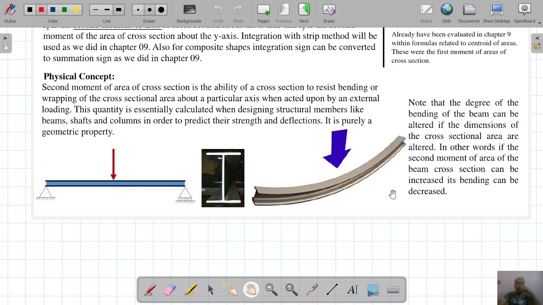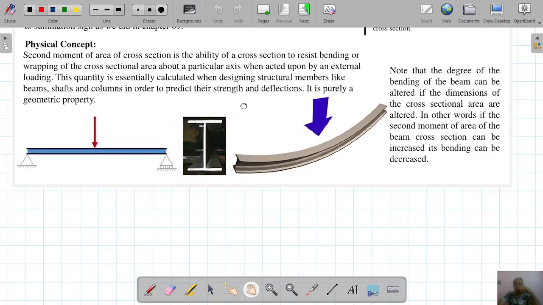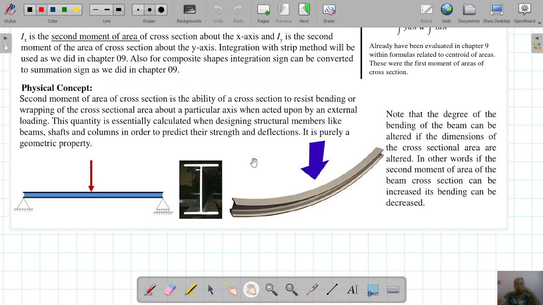Okay, so this is the thing. If this load is very high, it will try to bend the beam more. But on the contrary, if we design the beam in a very professional way, and its moment of inertia is high, whether we are calculating Ix or Iy, and these values are higher, then when the load is applied on the beam, it will bend very little. The bending will be less, resulting in less deflection, and your structure will be safer.